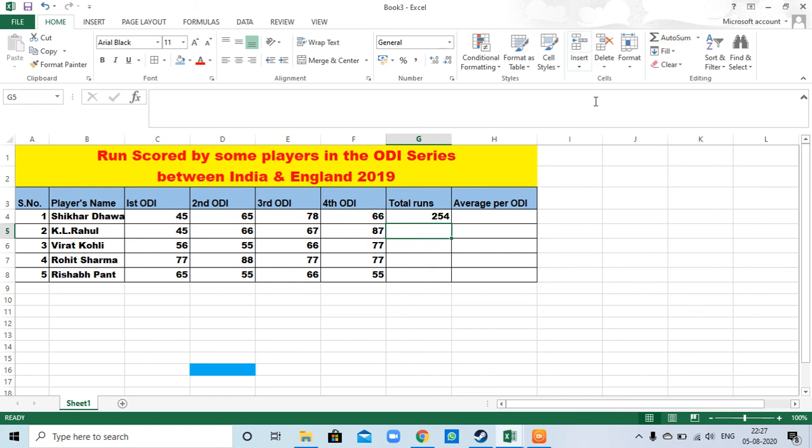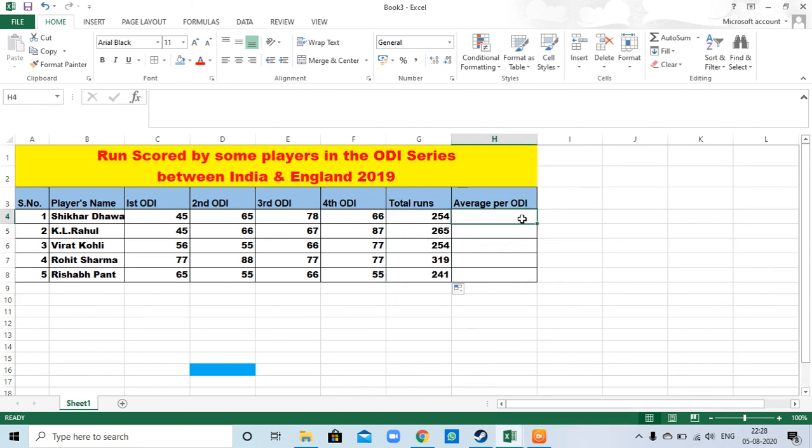It calculates the total runs. This is the function. It shows in the formula bar as SUM C4 colon F4. Now you copy this formula to other cells by dragging. This method is the autofill feature.